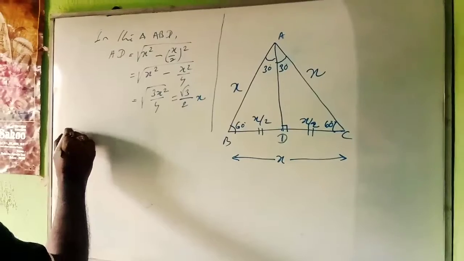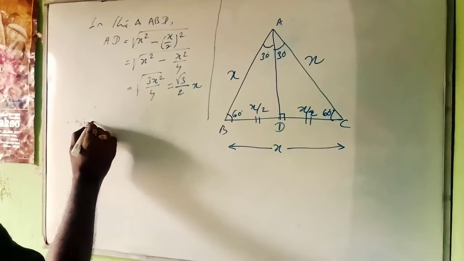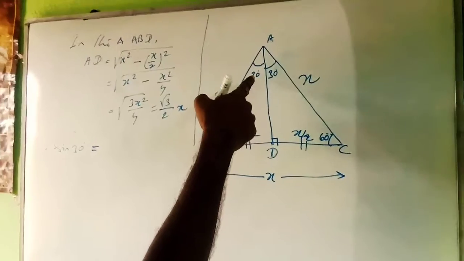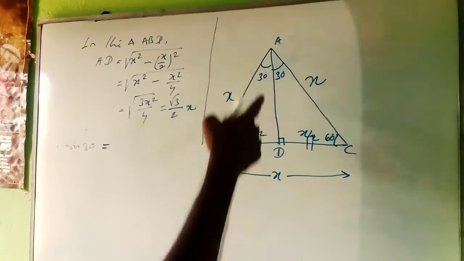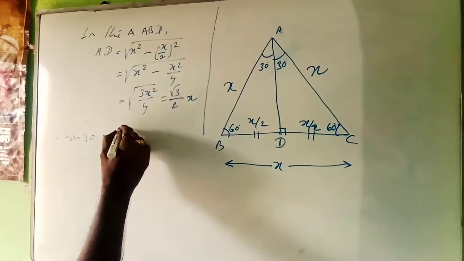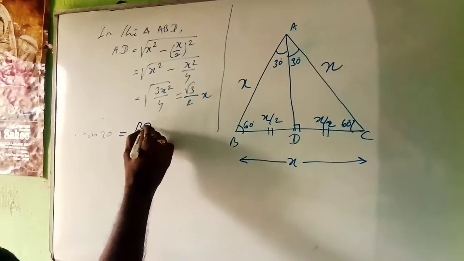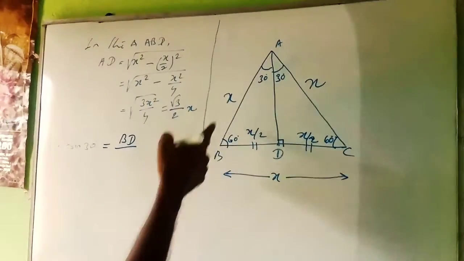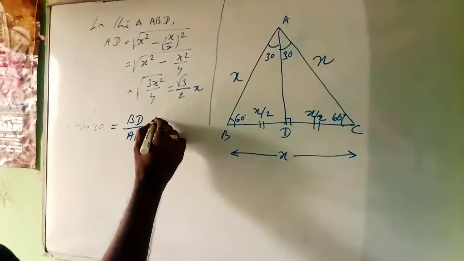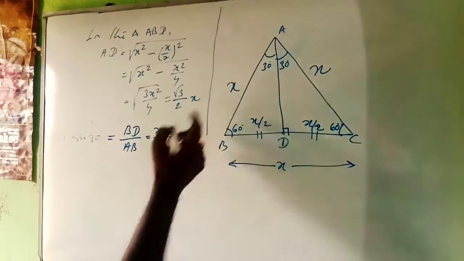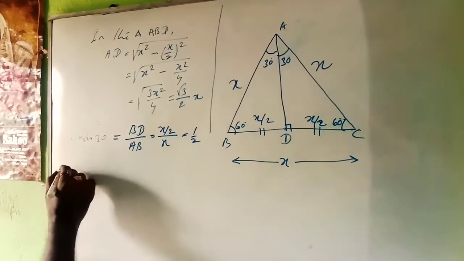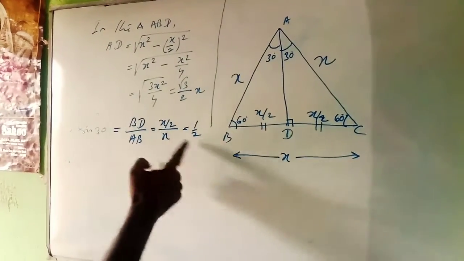Now you have to find sin 30 degree. See, I am taking this angle, sin 30. For this angle, which is the perpendicular? The side in front of the angle will be the perpendicular. The sin theta formula is P by H, perpendicular by hypotenuse. P means perpendicular, BD, and H means hypotenuse, that is AB. Now put the value of BD, that is x by 2. What is the value of AB? That is x. How much will you get? 1 by 2. So sin 30 is 1 by 2.